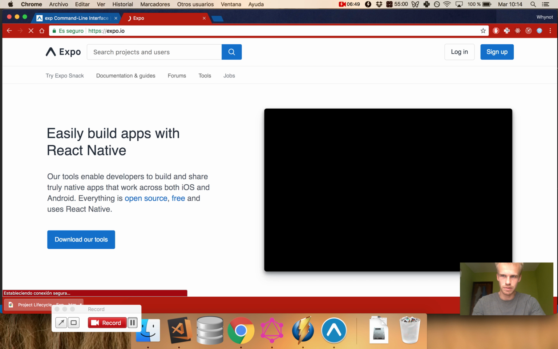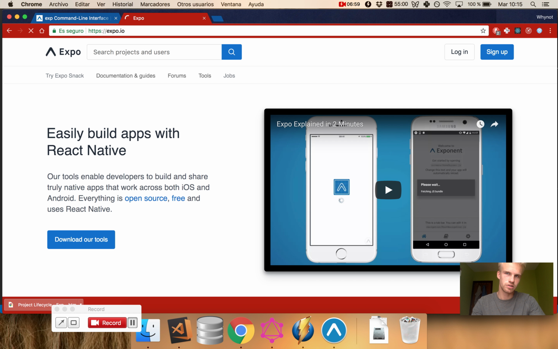It has tools for everything, and it makes it a lot quicker, and also the development process is all integrated in Expo, because when you share it, when you publish it, it takes like one command,